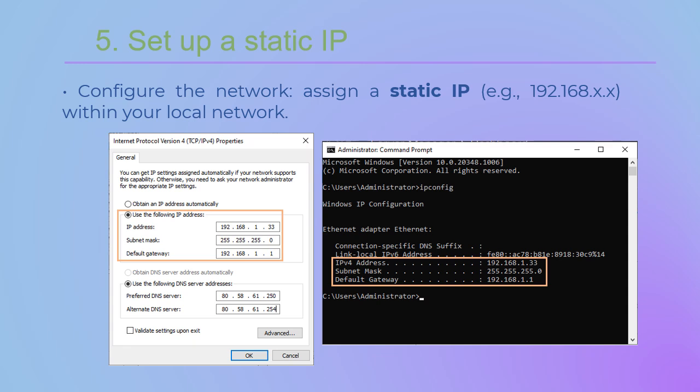And additionally, I entered the DNS servers, in my case, the ones provided by the Internet Service Provider. And I found them by checking on the ipconfig -all command on the host machine. You can also use instead public free DNS servers like the ones provided by Google or other public services.